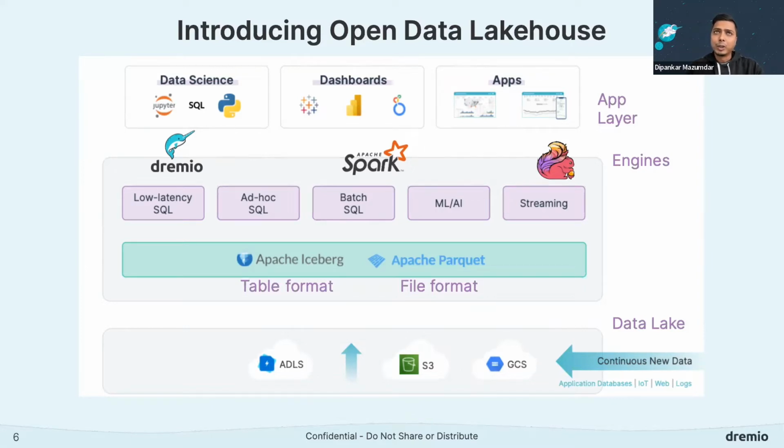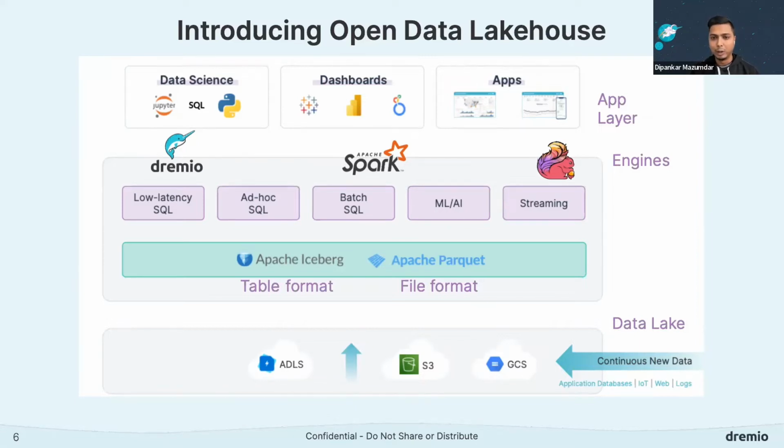And why specifically are we talking about an open data lakehouse? That's because the main reason behind an open lake architecture is that the data is stored openly, and that's a huge aspect of any data architecture. As long as we're able to store data in an open format, like raw files such as Parquet, or have a top layer on top of that, like a table format, that gives us the agility to use and bring in any kind of engine that we want for any kind of task we want to achieve.